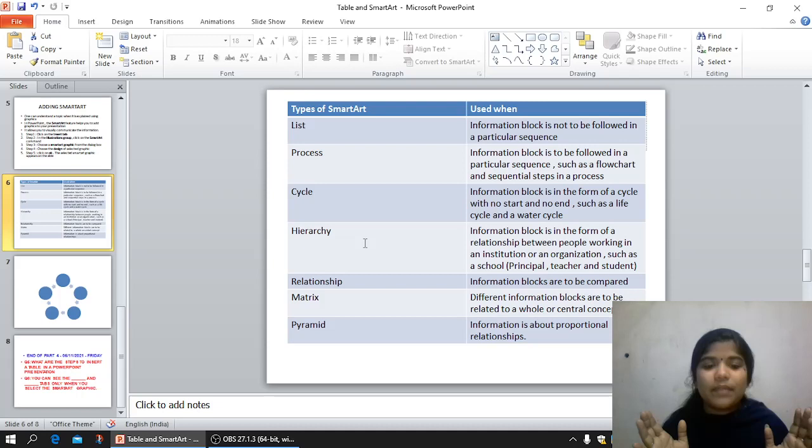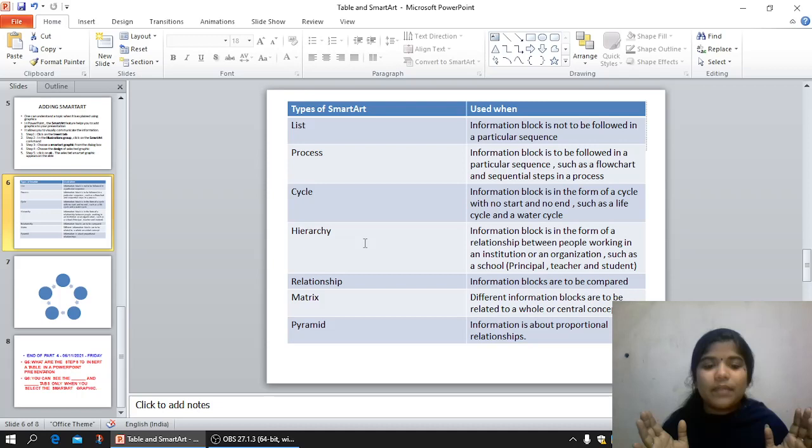Then we will have the category called teachers, and under that we will have the student list. In 6th A, this is the class teacher, this many students are learning in that class. In 6th B, this is the class teacher, this many students are learning in that class. These are all their names. So this is a kind of hierarchy.